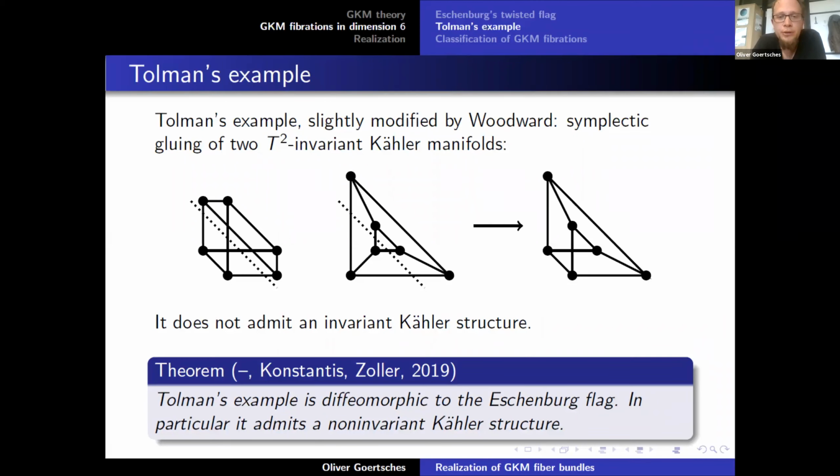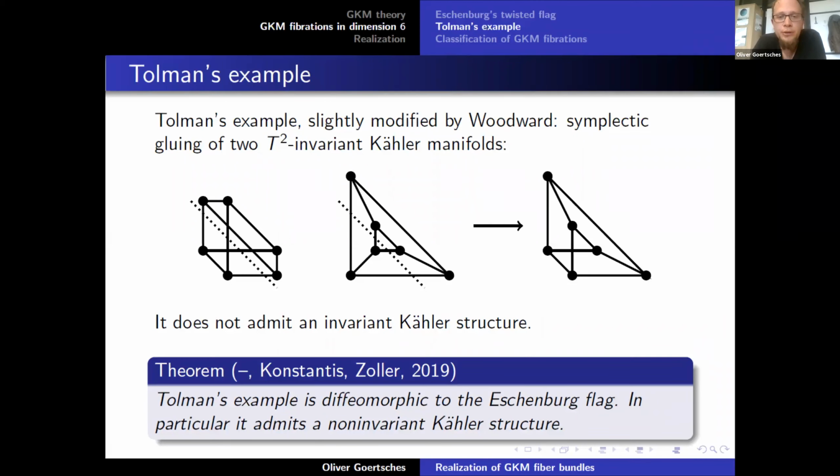Okay, so this is the situation now. We have these beautiful examples. They arise, as I said, as projectivizations of certain vector bundles over four-dimensional T2 manifolds. On the one hand, this tells us that the GKM graph has a certain structure. On the other hand, we saw that this structure as a projectivized vector bundle gives us interesting geometry on the spaces. So we had the idea to relate the GKM theory, so the fact that the GKM graph fibers over something else, to geometry.